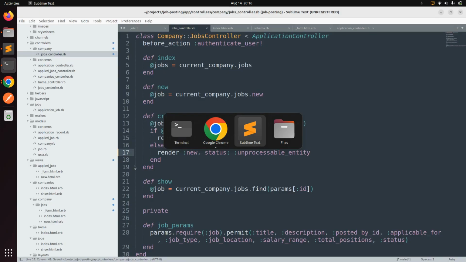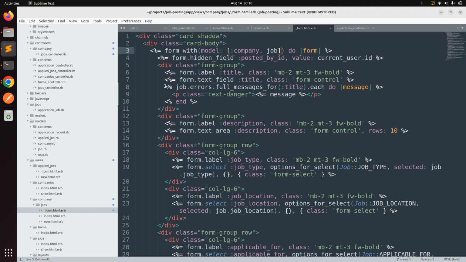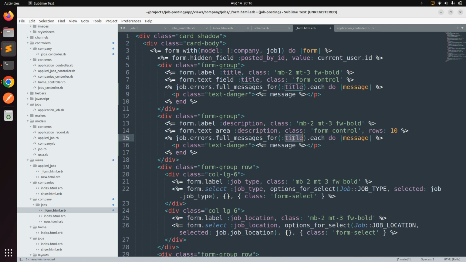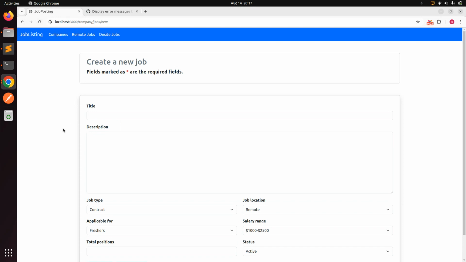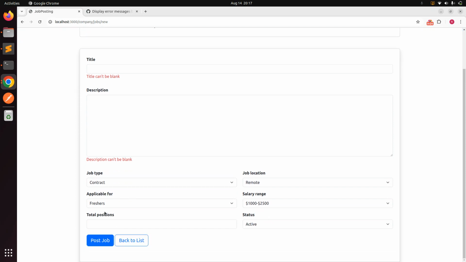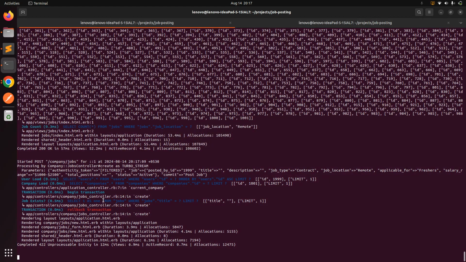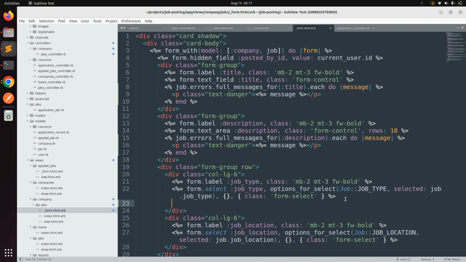Now let's do this for all the attributes. In the form where we added the error messages, like job.errors.full_messages_for title, you can do the same thing for, let's say, this description. Now let's try to submit it again and refresh the page. Here you will see title can't be blank, description can't be blank, and so on. We already have some values for the job location and the rest, so let's add validation rules for those as well. We can just copy it here and make it for